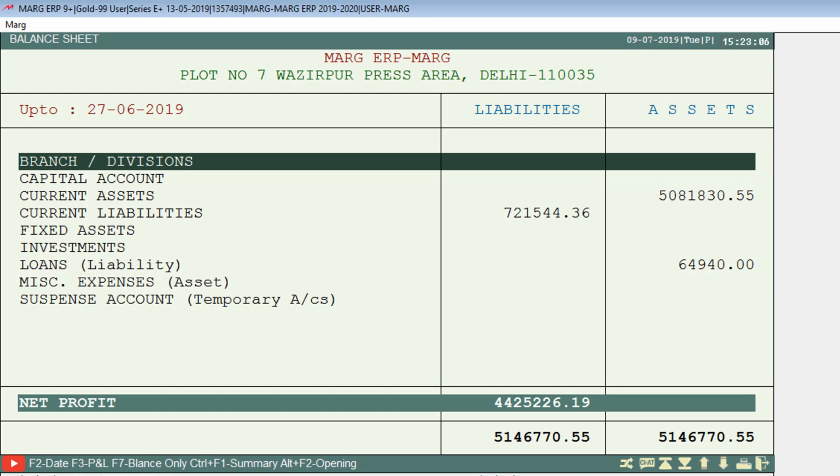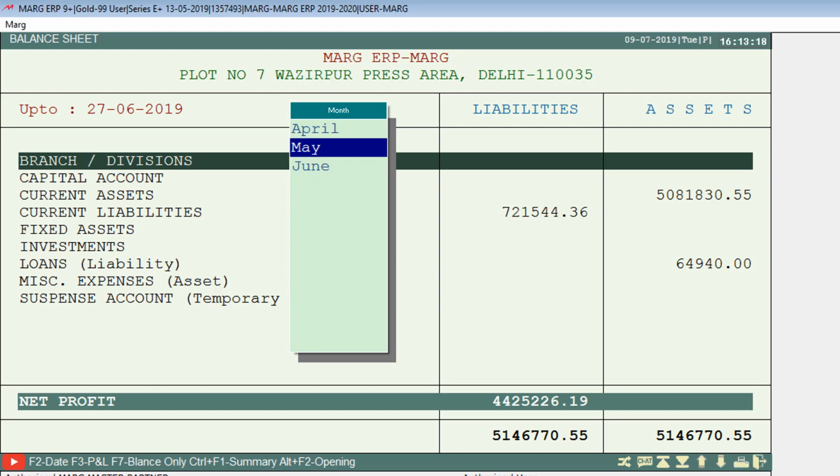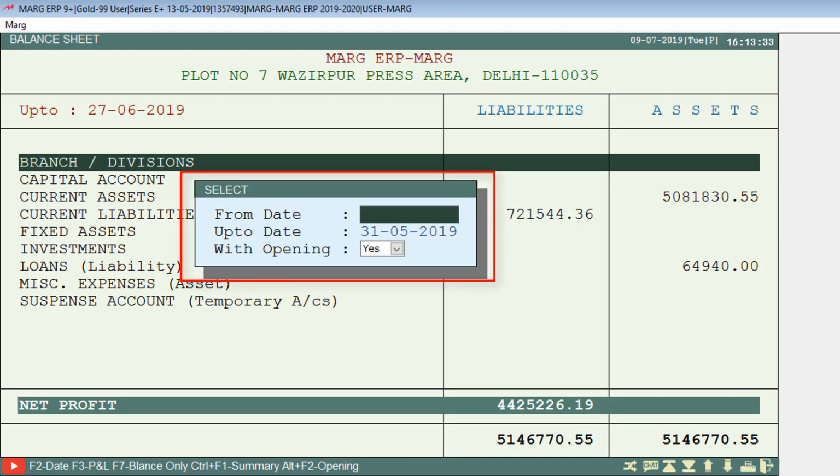After that, if you want to view the balance sheet statement month wise, then press the F2 function key. Then select the month from this drop down, for example May, in order to view the statement, and press enter. So this select window will open, in which we will specify the date, that is, from which date till which date the balance sheet statement needs to be viewed.